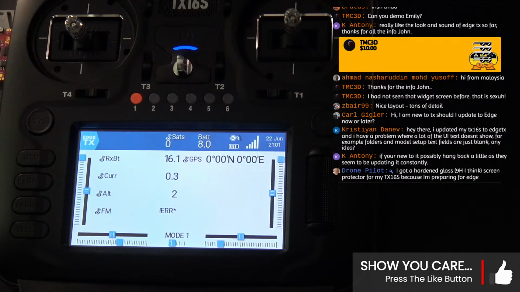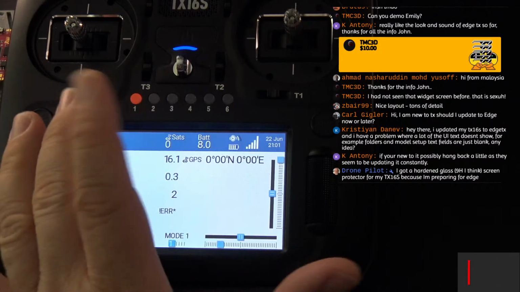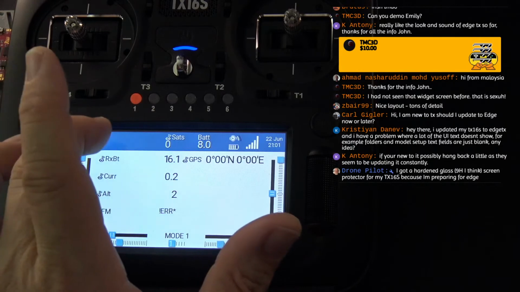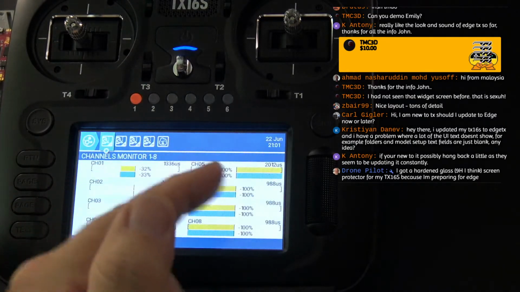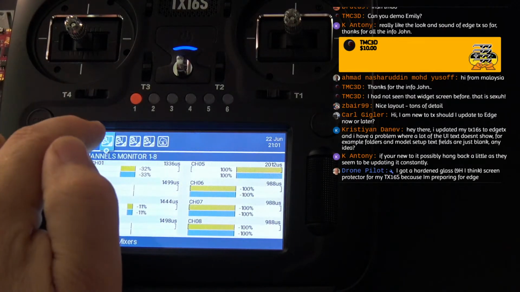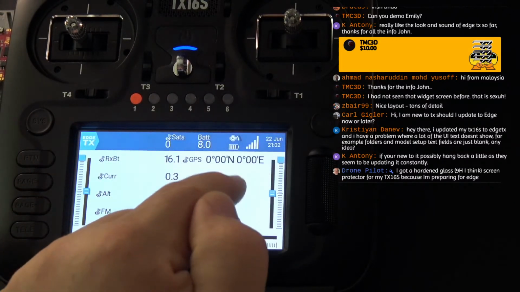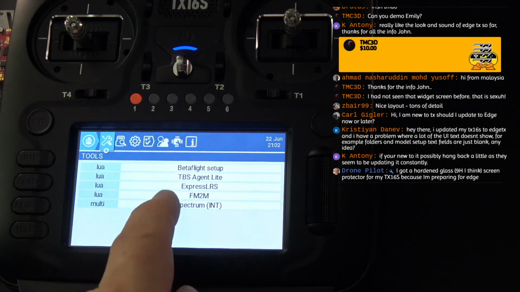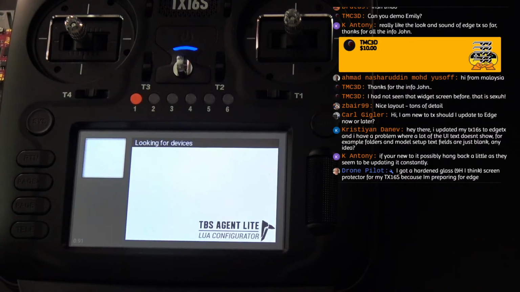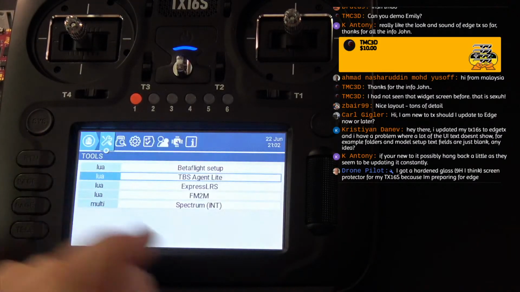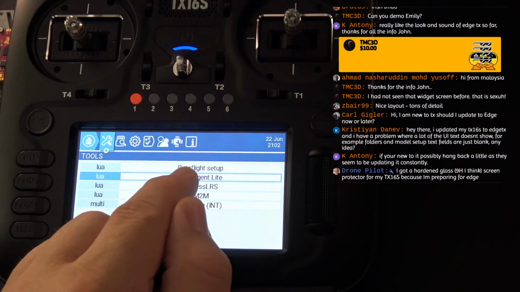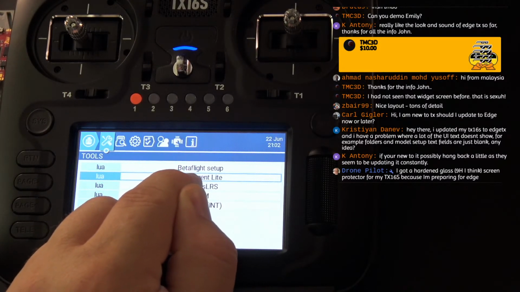Let's see. Now all we need, Plain Crazy says, is a lot less buttons. Well, I think that's one of the things you get with the touchscreen, especially as they refine the interface, that you do get away from the buttons, right? You start getting to a point where everything that you do on the radio is based on where you want to be doing it. That's not going to work because I don't have a TBS Crossfire in there.